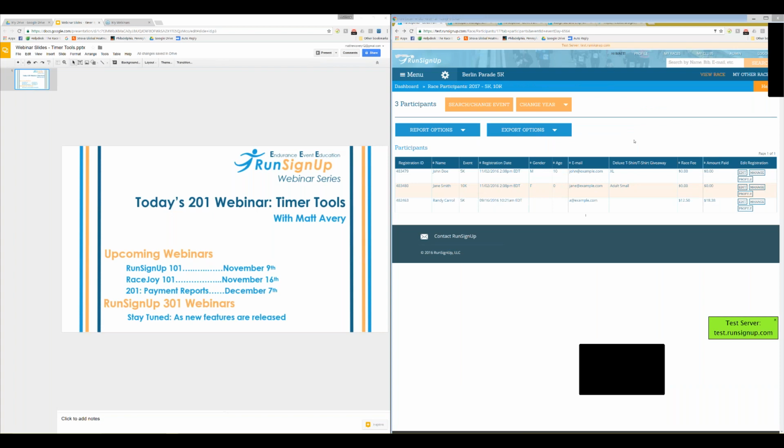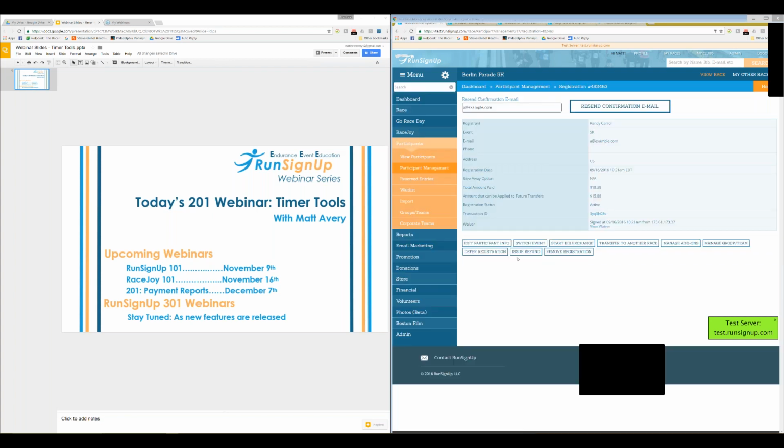All right, so the next thing I want to go through really quick here was when you're on this participant search report, view participants, one thing that's really good to understand is how, with participants, when you manage them and you transfer them to another event, or you remove them or you refund